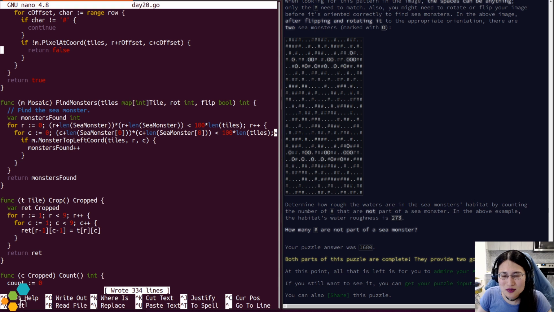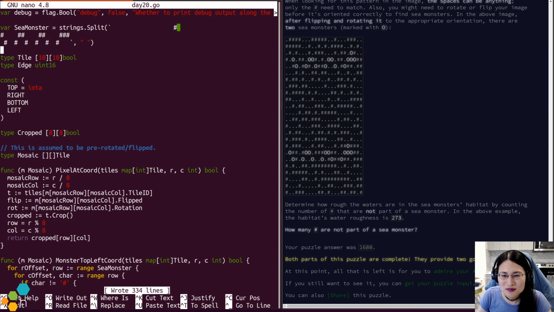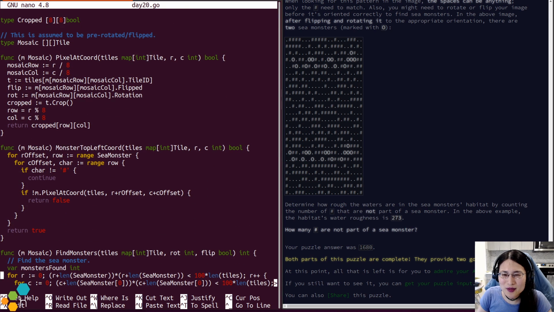How do I handle flipping the mosaic? Oh, I see how to flip the mosaic. If I flip the mosaic, each thing in the mosaic changes places, and I believe,